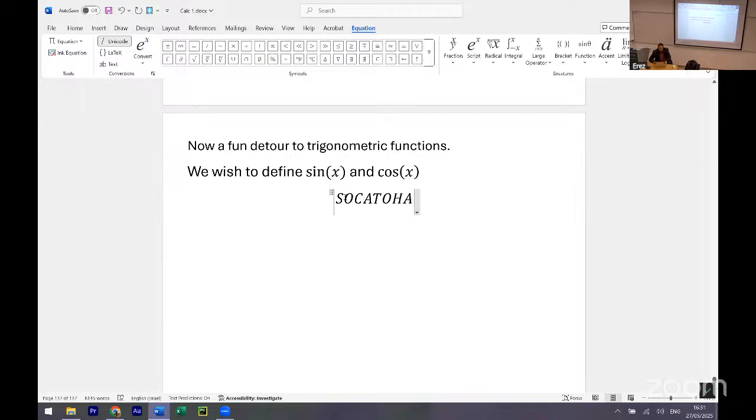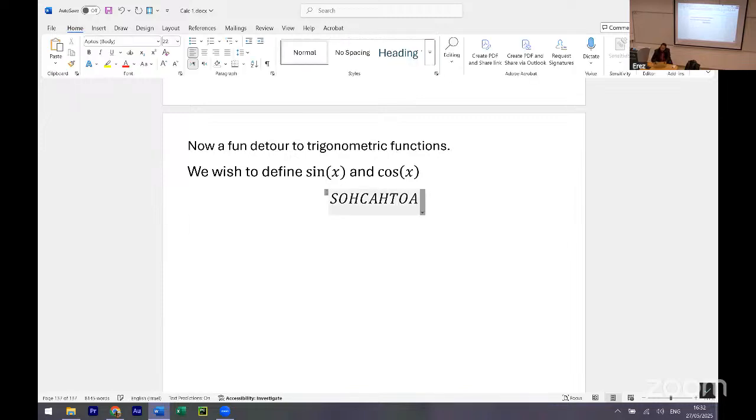So sine is, first of all, it's SOH. No, they get rid of the H at the end. SOHCAHTOA. Okay, I think you're right, but sine is opposite over the hypotenuse. Cosine is adjacent over the hypotenuse, there's an H there, and tan is the opposite over the adjacent. Okay, great. So SOHCAHTOA is great